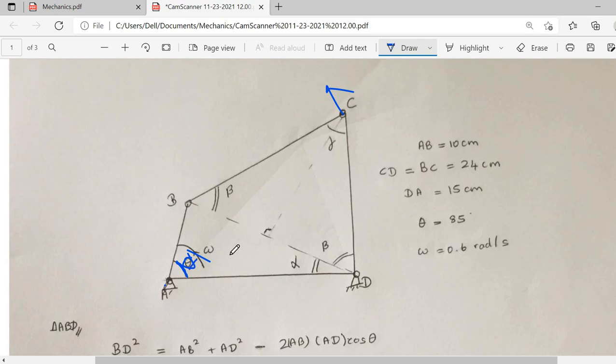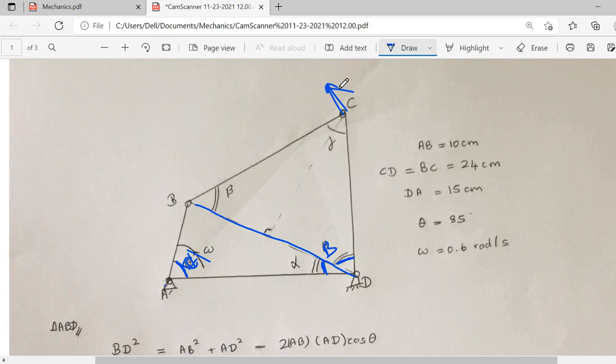So we need to take it as theta. After that I'm going to mark this BD together. So I'm going to draw a line to find any other values of theta, alpha and beta. So I'm going to mark this angle as alpha. Also here I'm going to mark it as beta. So the main thing is we need to find the relationship between alpha and theta, because we are going to draw the graph for this theta as well as the point velocity of C.